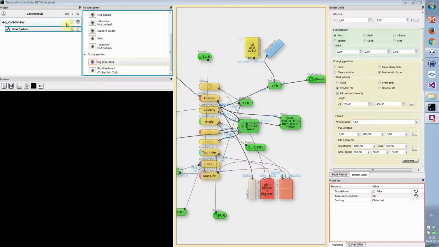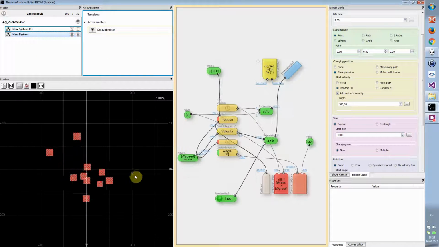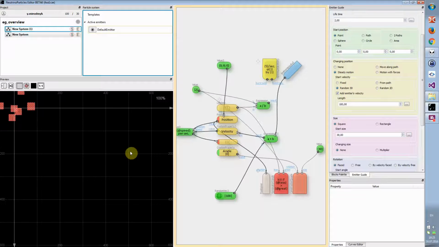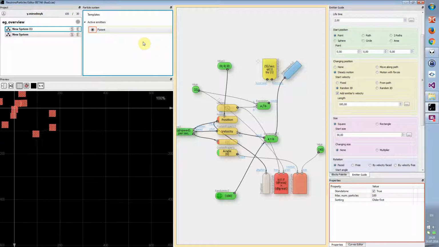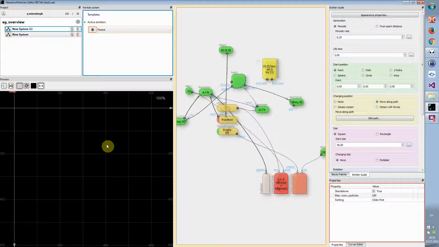So let's start to make this effect by creating a new particles system. First of all, let's create a parent emitter with parent particles. I will rename the emitter to parent, and we need the particles to fly by the path. I will set one particle per 5 seconds and change the position to move along a path,